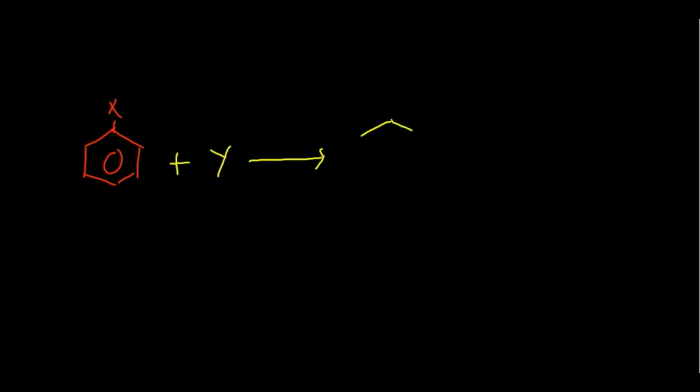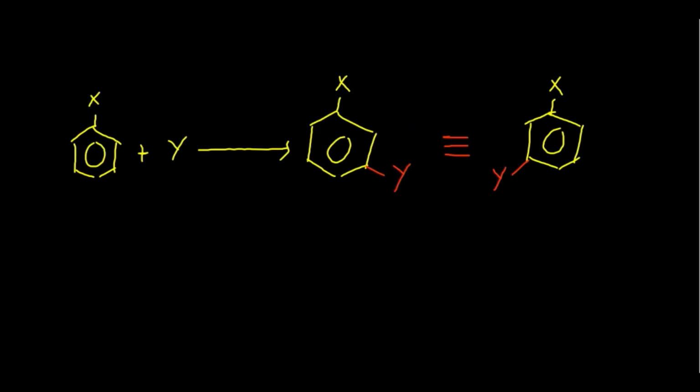We make the benzene ring, and in the benzene molecule, here X is already present. Now we will see what is the position of Y in the benzene ring. Maybe Y would come at this position, and it depends upon X. Actually, X will direct the Y at certain positions. Now students, we have made the different di-substituted products.